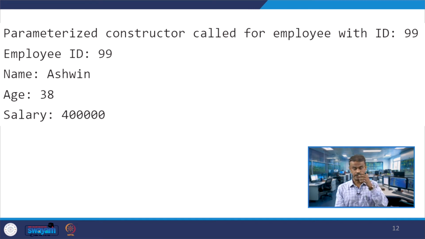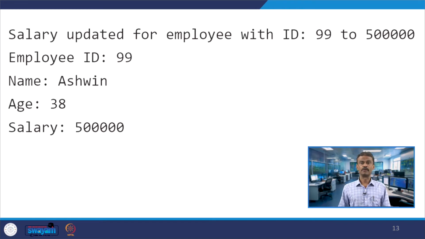When you create the object EMP2 with employee ID 99, the employee ID is 99, name is Ashwin, age is 38 and salary is 400,000 initially. Then the salary update goes from 400,000 to 500,000.